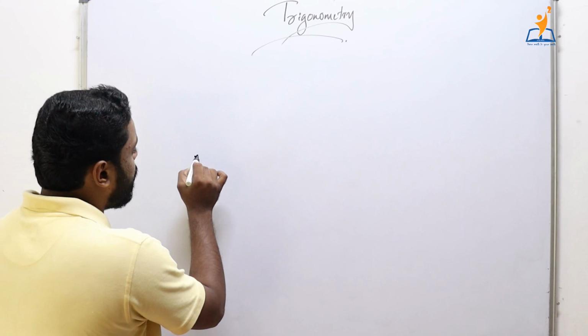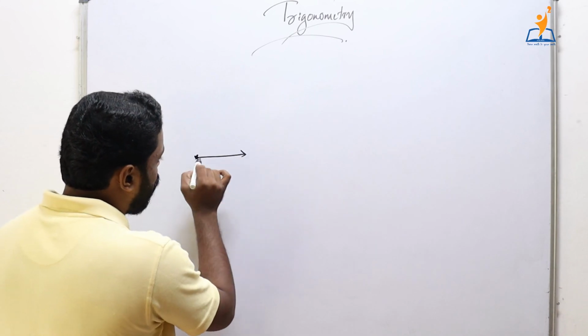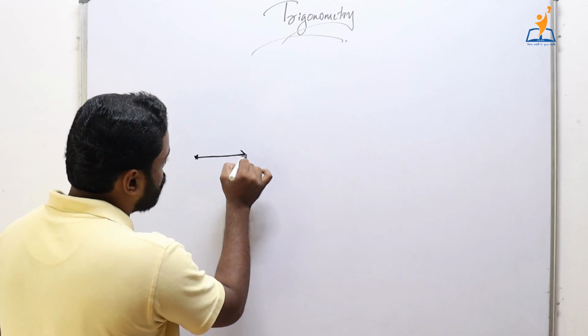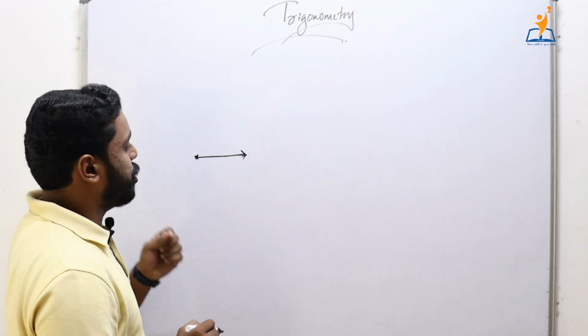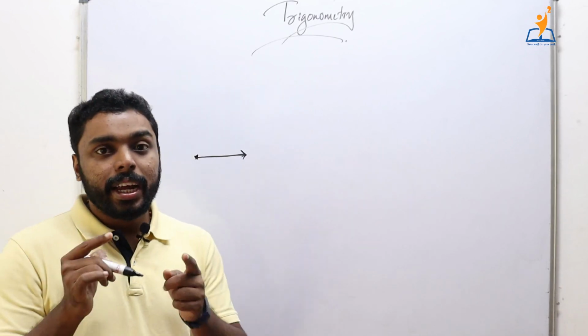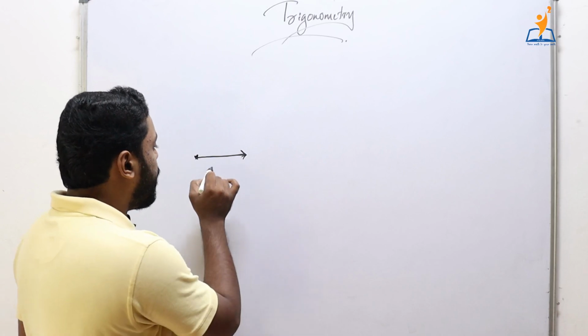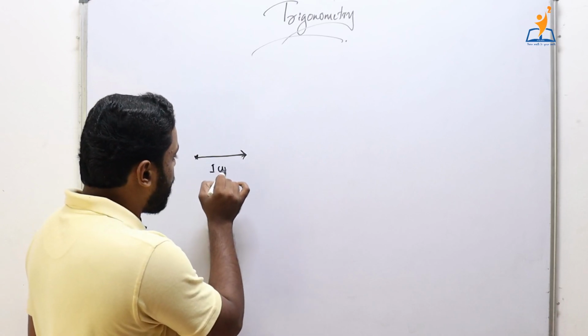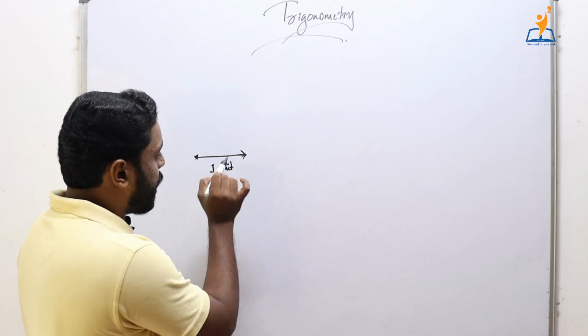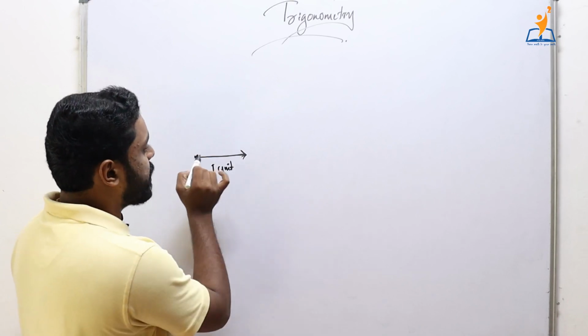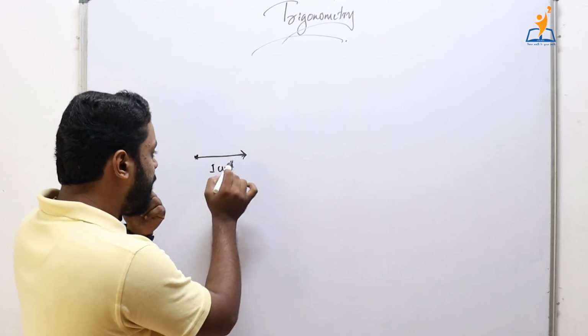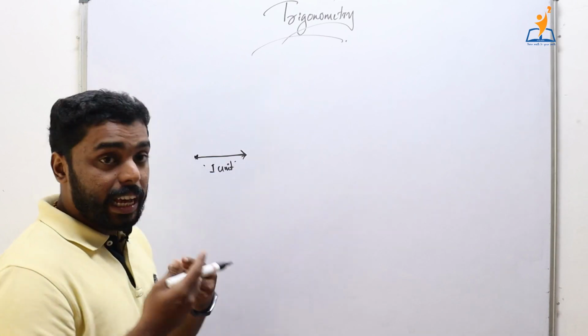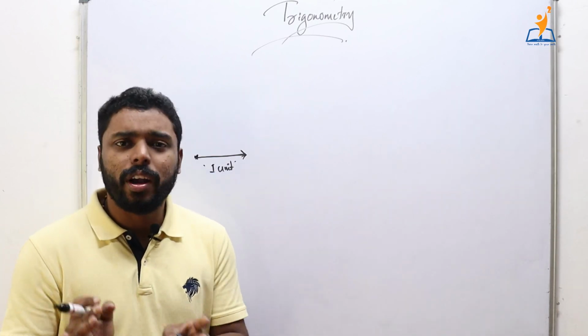Suppose that this is my ray. I told you that when I rotate this to a new position, this side of the ray will become the initial side and the new position will become the terminal side, isn't it? Let me name the magnitude of the ray as 1 unit. You know that a vector has a magnitude which is equal to the distance between the initial and the terminal point. Let it be 1 unit here. So it can be 1 centimeter, 1 meter, anything, 1 unit.